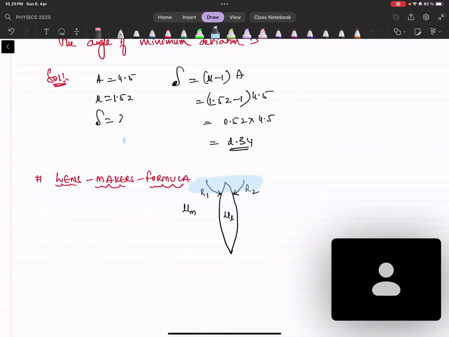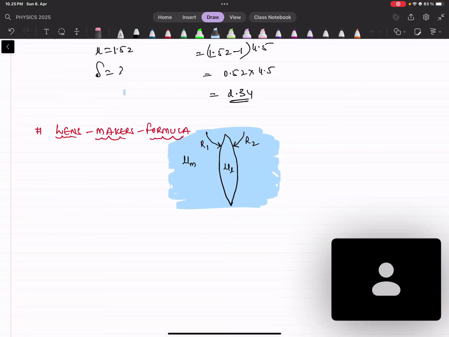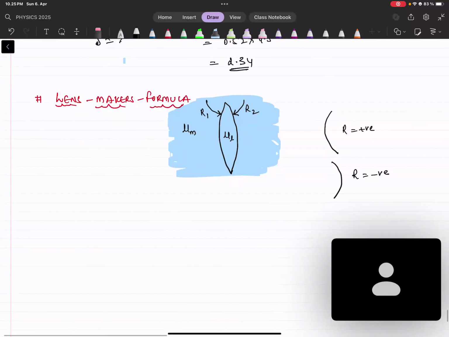Let's say I have kept this lens in a medium. This color is representing that the lens is not in air, but it is in some medium. So now see here. Whenever the surface is like this, the radius of curvature will be positive. If the curvature is like this, R will be negative. Now see, if I'm talking about in medium,